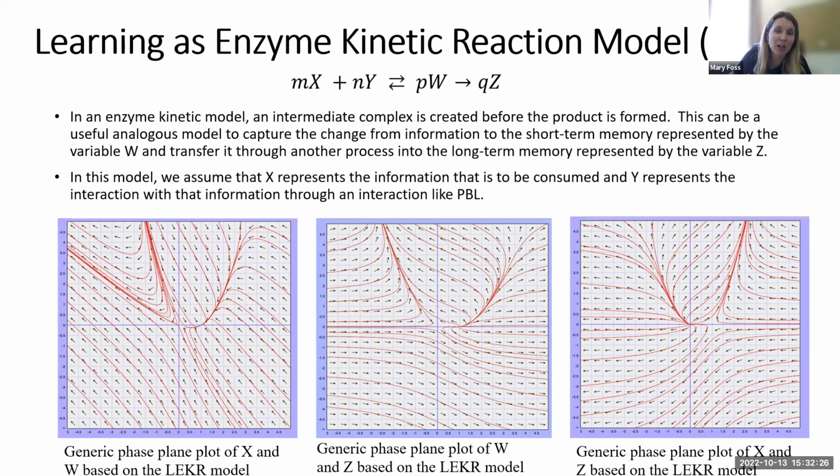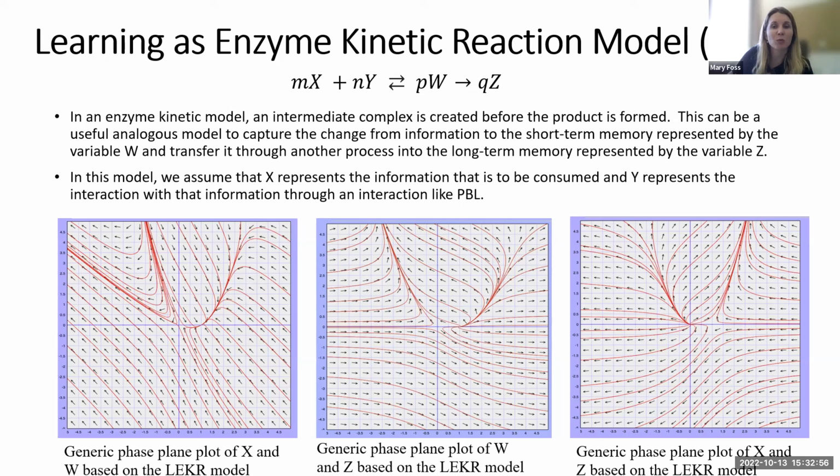So we have a stable node between the sensory information X and the short-term memory W. However, there are no stability points between any of the functions of Z, which is our long-term memory. This could be supported by a hypothesis that forgetting is a constant process and that no knowledge can be retained indefinitely. However, there is some research related to trauma showing that it can be passed down through generations, so that might be counter to this model.